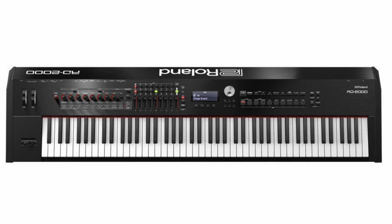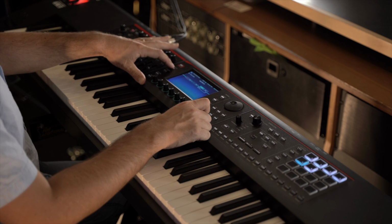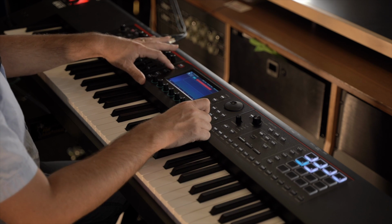And forget sequencing. I knew that what I was missing was that kind of creative tactile connection with an instrument that you can really build a song or a track or even just a loop or a groove on. And so between those two factors, the fact that it was really too heavy for what I wanted, and it was missing a number of features that I was creatively yearning for,